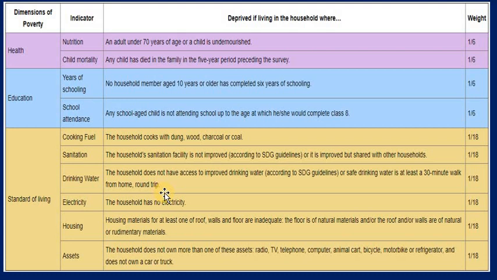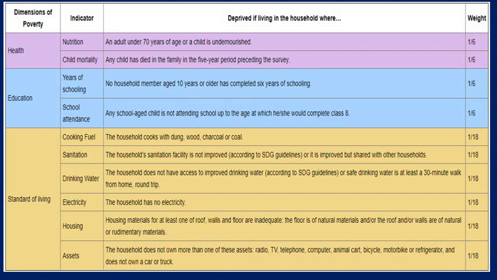This is the deprivation. Electricity: there is no electricity. Housing: at least one of roof, walls, and floor is inadequate. The floor is of natural materials and the roof and walls are of natural or rudimentary materials. So all natural materials are used for construction of floor and walls, and they are deprived.